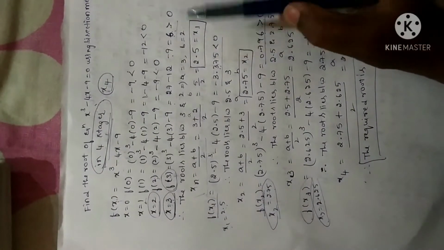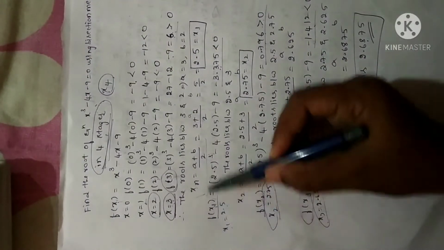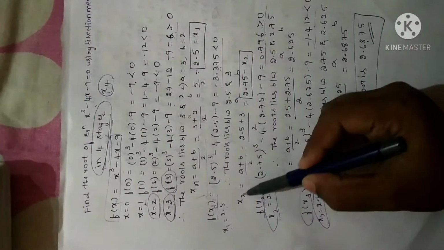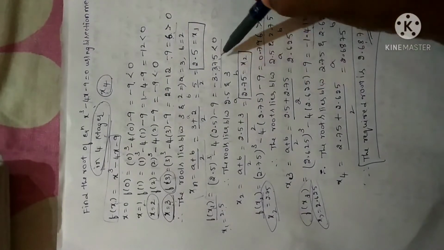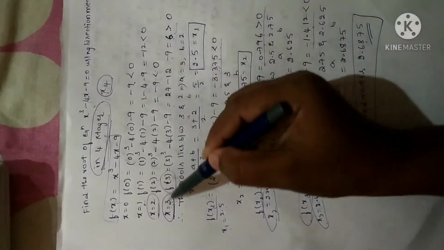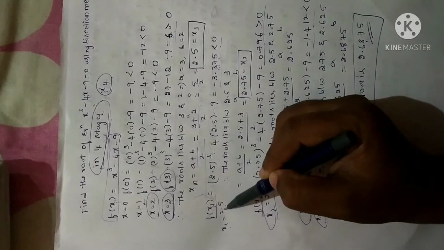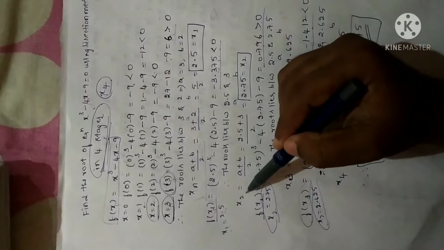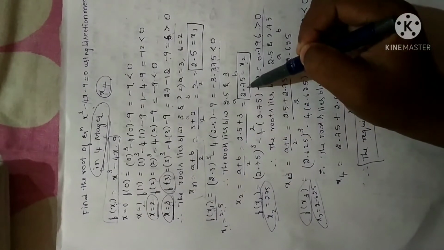Now anyhow we are interested in f of x1. So what I have done is I have replaced x with 2.5 in the given function f of x. After simplification I have obtained that the f of x1 value is negative. But I have to look for the positive value in the preceding step. It is for f of 3, that is x is equal to 3 and x is equal to 2.5. Now the root lies between 3 and 2.5. After calculation of x2 by using the bisection formula, I have obtained the x2 value.